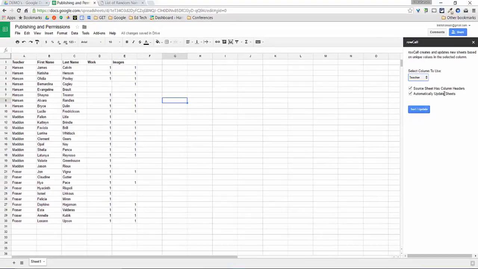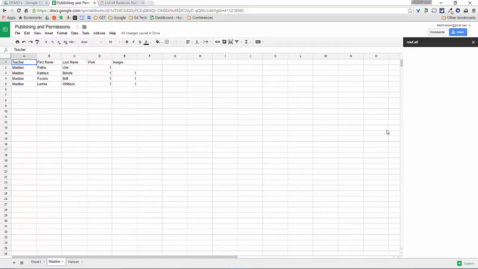Quick note here, if you want to do this for your school, the person that owns this is the person that probably wants to edit this. You could provide other collaborators, but I've noticed that if somebody else was making any updates, I don't see it running correctly, even though that person may have rowCall. So your best bet is have one person take ownership of this, produce this, and have it automatically update the sheets. And what happens is before I hit sort update, if I was to add more people onto this list by updating the sheet all at once, it should auto update the rest of these tabs for us. But right now, let's hit sort update,